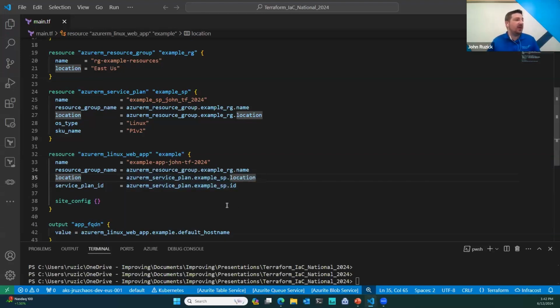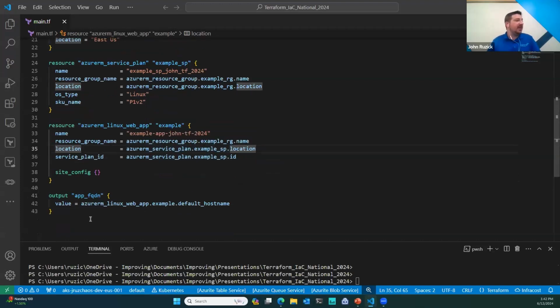Terraform is smart enough to know that this resource depends on a property from this resource. So it's going to create these in the appropriate order so that those values are known when this resource attempts to be created. And then I'm using an output here to just output the default host name of this Linux web app